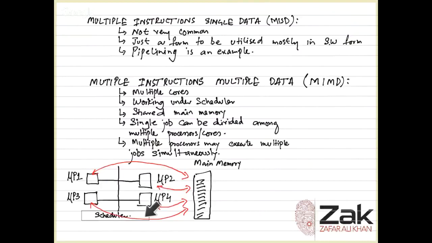So now it is up to the scheduler. Scheduler is a part of the operating system. If it gives the same program to all these microprocessors, or it gives separate programs to all these microprocessors to execute, or it is giving one program to two and another program to two, it's up to the scheduler. Operating system decides for it. For example, if my cell phone has got 8 cores, they're claiming it has got 8 cores,